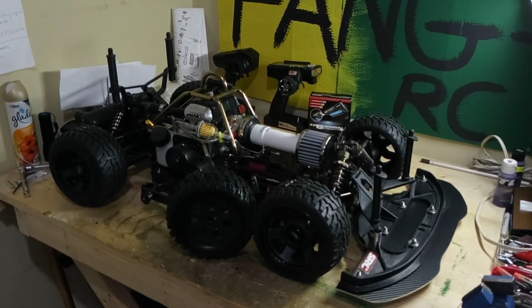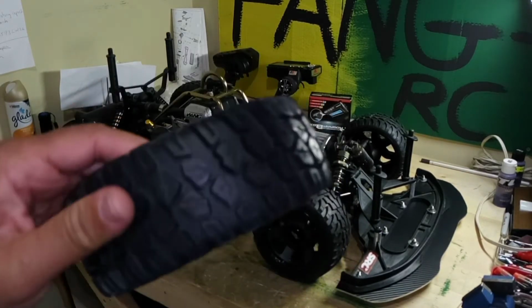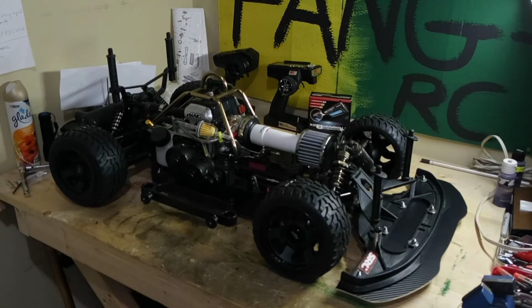All right, that's what comes with it. And let me show you. All right, this is what comes with it. As you all know, it's special people who have this car, but these cars are pretty nice. I've put some work into it, and I've done a lot of work to this. All right, so